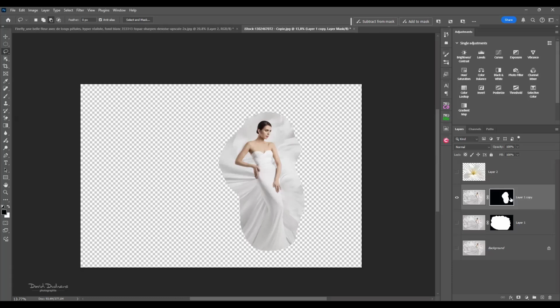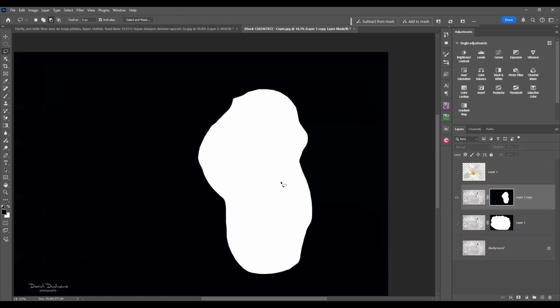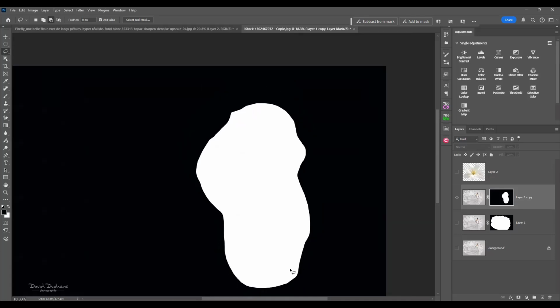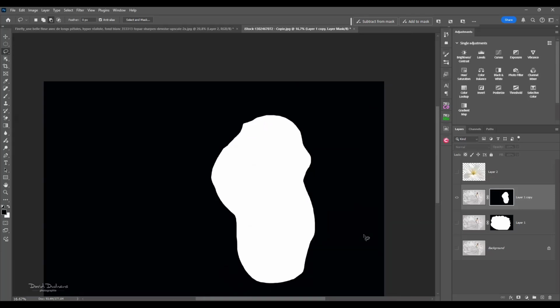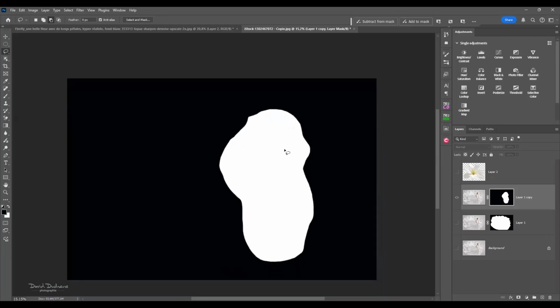If you want to see your layer mask big, which is by the way very important sometimes because you are not always sure, especially when you dodge, burn, etc., you never are sure to have black and white. So Alt or Option on Mac, click, and you can see here white makes visible, black makes invisible. White reveals, black conceals, I think in English, right? So if I want to get back to my image, I put the cursor on my thumbnail, Alt or Option